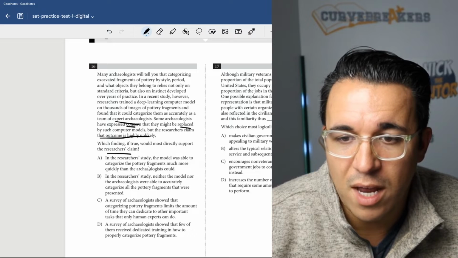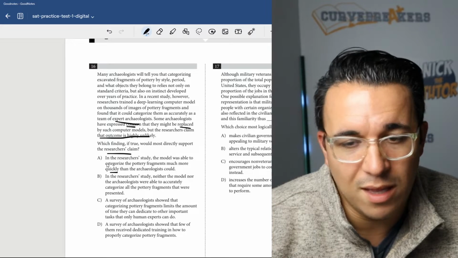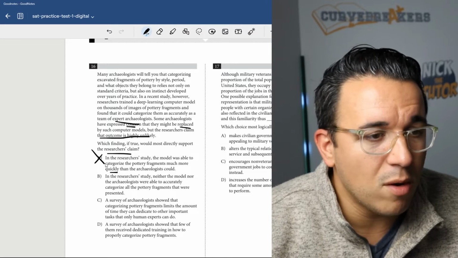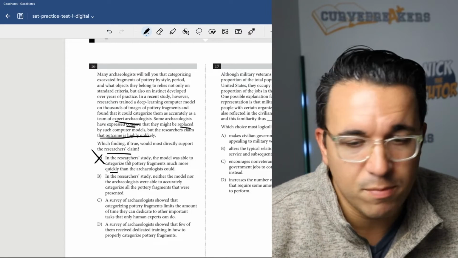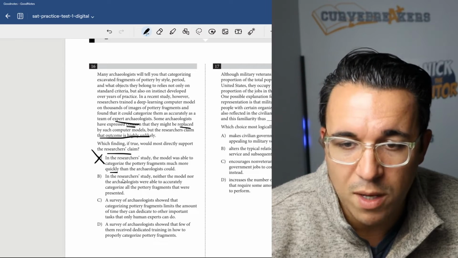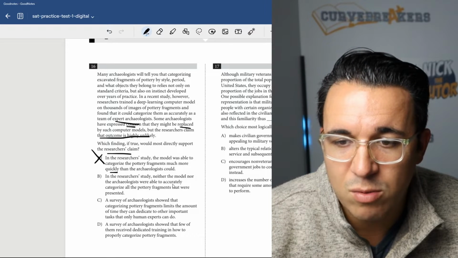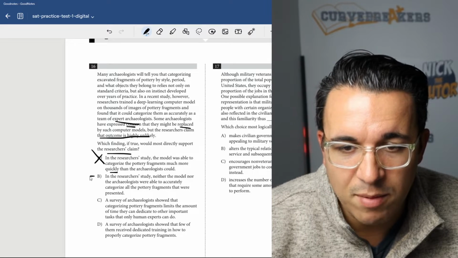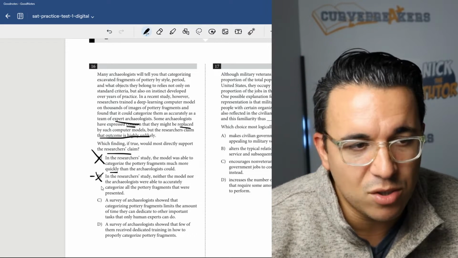The model is able to categorize the pottery fragments much more quickly. So that would be an argument for them being replaced. At some point, we'll all probably be replaced by computers, but we're looking for something that says they won't be. Neither the model nor archaeologists were able to accurately categorize. That's okay, right? But that says neither of them can do it,